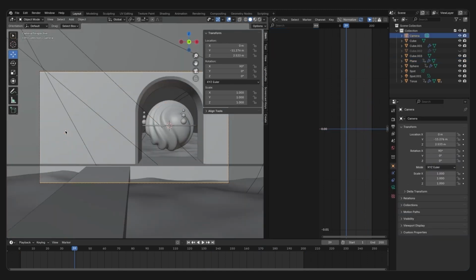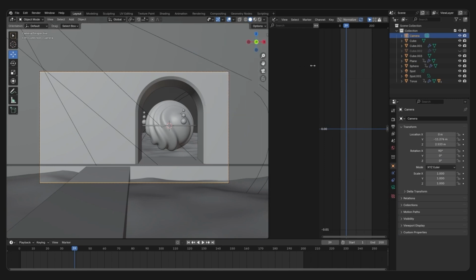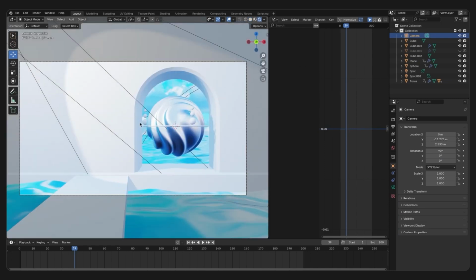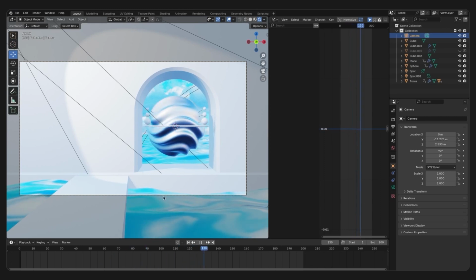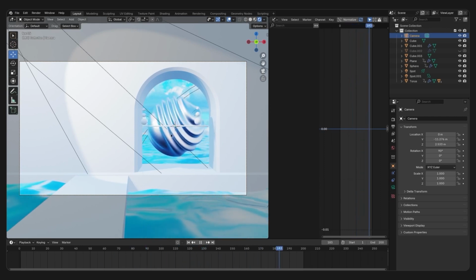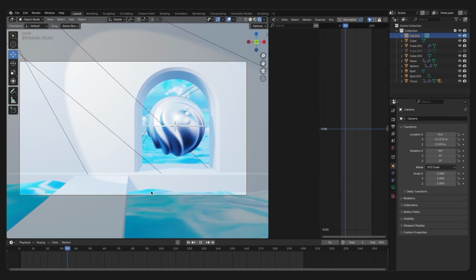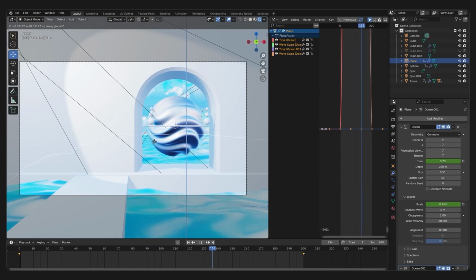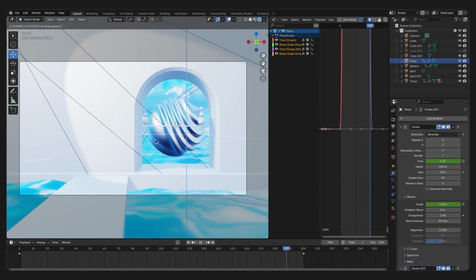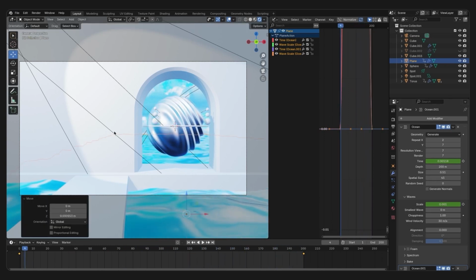Let's look at our viewport one more time, in the render view of course, press space, and as you can see our water is animating, our sphere is also animating seamlessly. Let's move our water a little bit to the top, somewhere here. And in order to render this, go to the render tab,